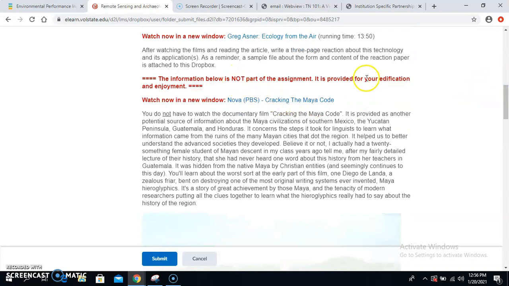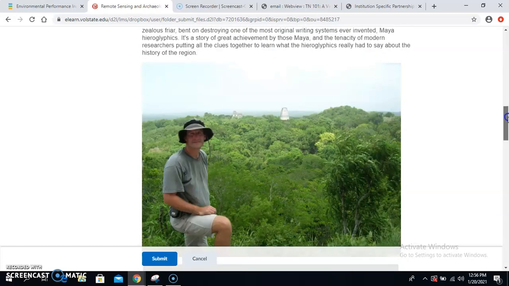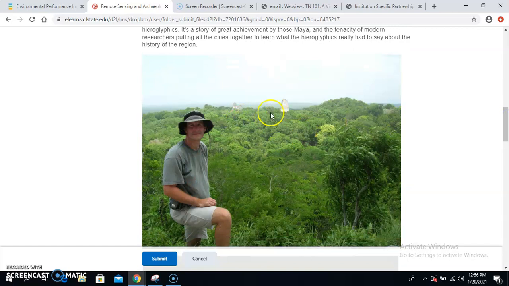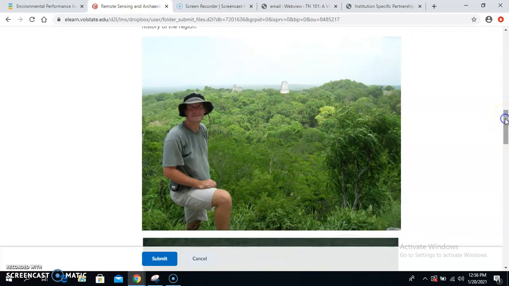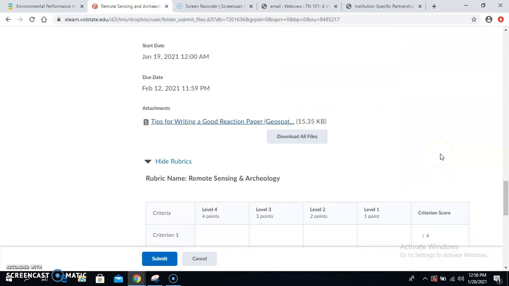And some of this is not part of the assignment, like the Mayan language. The archaeology we're looking at is in the Mayan area of Mexico and Central America. And I visited this place. This right here is Tikal. I'm standing on a temple that was wholly reclaimed by the jungle, but you can see how these have been cleared off. I'm trying to bring the science into this for you and the understanding of geography. Download these papers or attachments that I provide so that it'll help you write a good